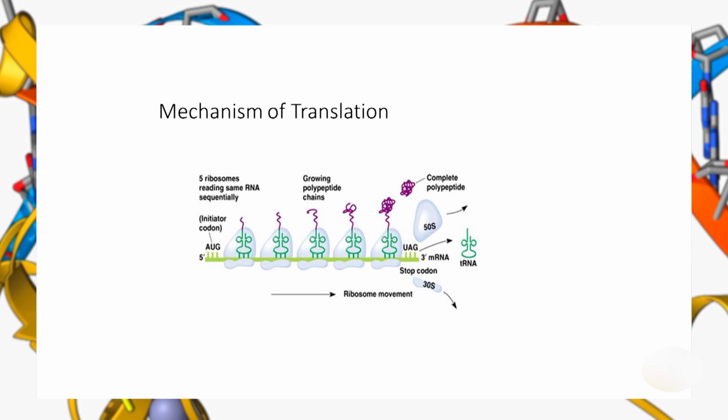The ribosome moves along the mRNA in a 5 prime to 3 prime direction in a stepwise process, recognizing each subsequent codon, and the peptidyl transferase enzyme then catalyzes the formation of a peptide bond between the free